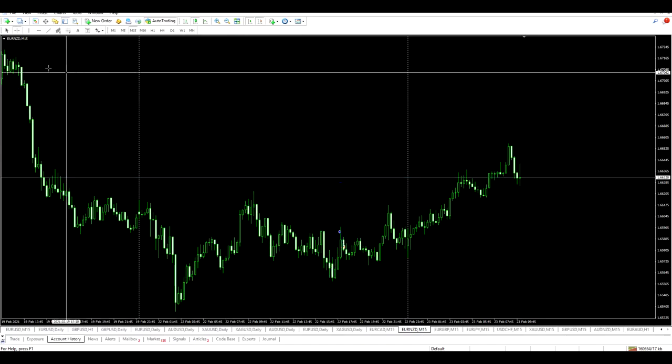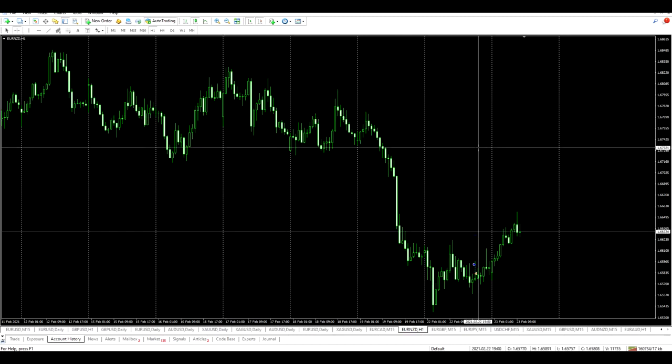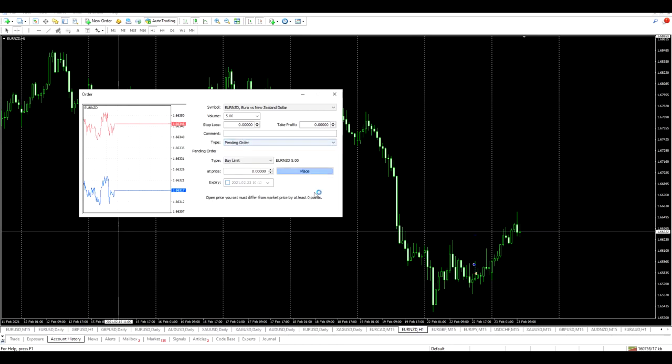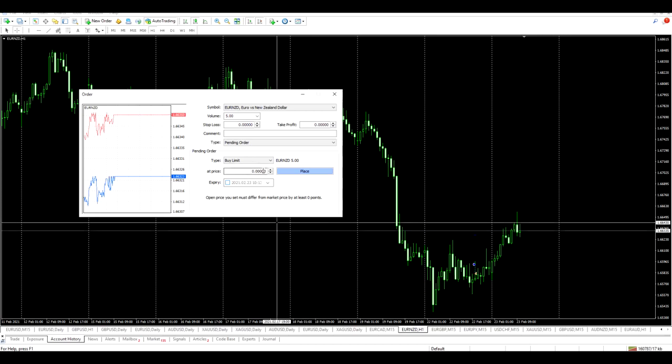What I'm going to do is go to the New Zealand dollar, and I'm going to go to the 1 hour time frame, and I'm going to enter a new order. Price is not yet at the point of entry. So I'm going to set up a pending order. All I'm going to do is copy the entry, and I'm going to put that in, and we're going bearish. So I'm going to put this in as a sell stop